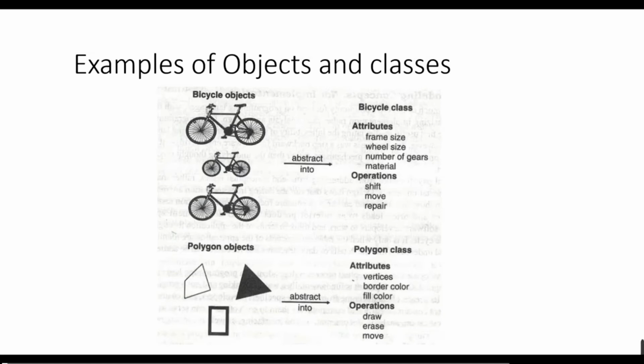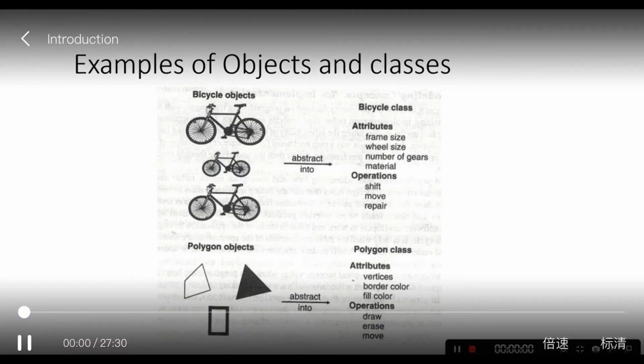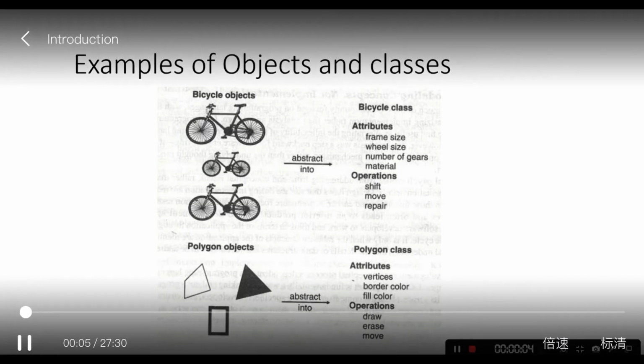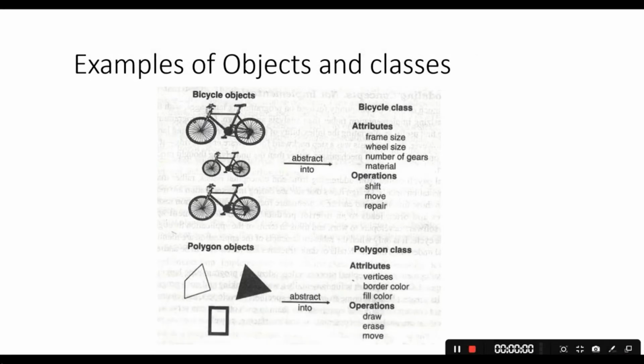Object in the real world. For example, this is the examples for the objects and classes. It means in the left there are 3 different bicycles, and each one is a concrete object in the real